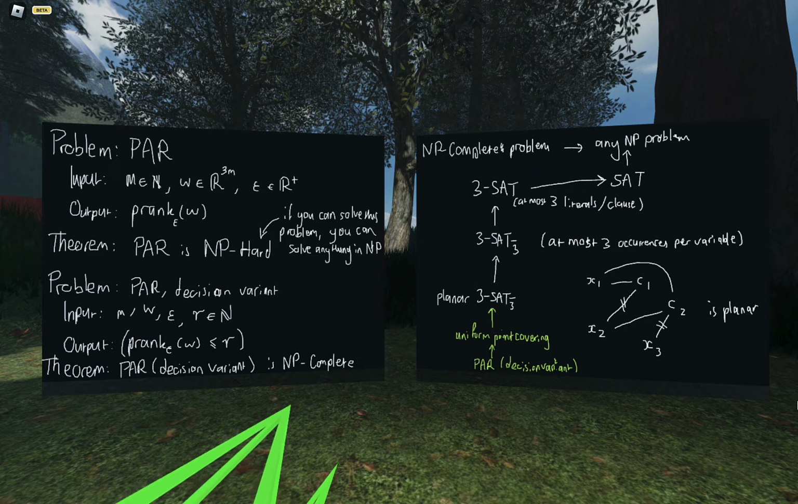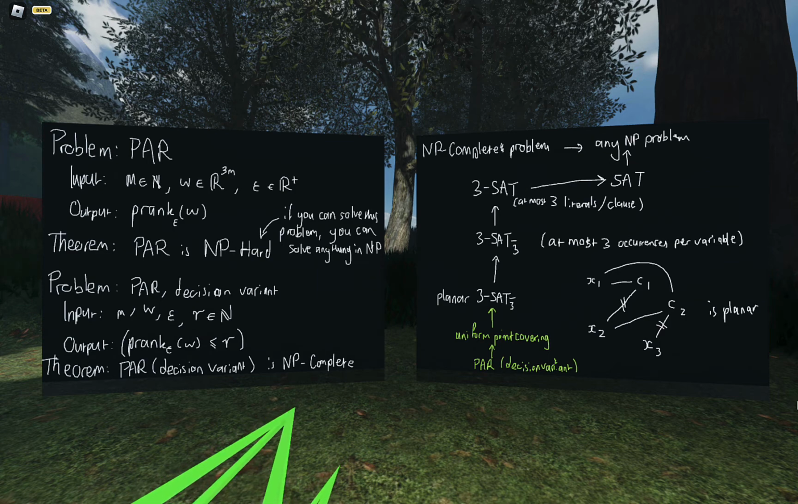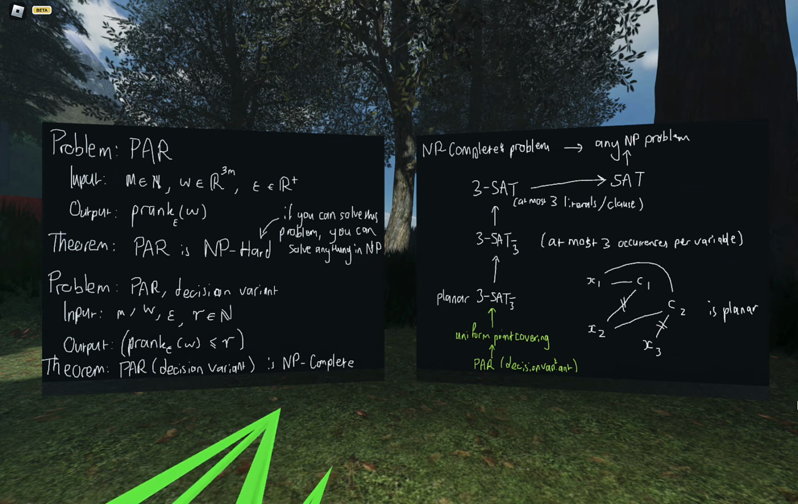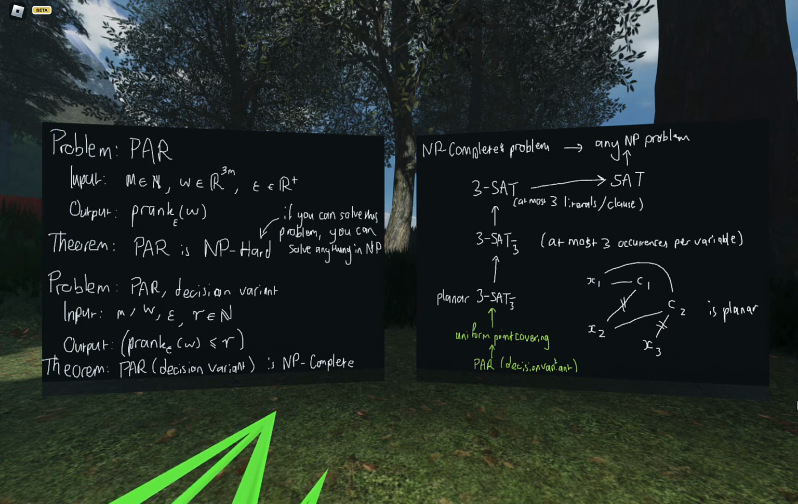So a question, you also do the reverse, right? You have to show that planar 3-SAT also can solve PAR? Yes, technically I do have to do that because I said I want to do NP-complete, but I don't do it like that. What I say is that